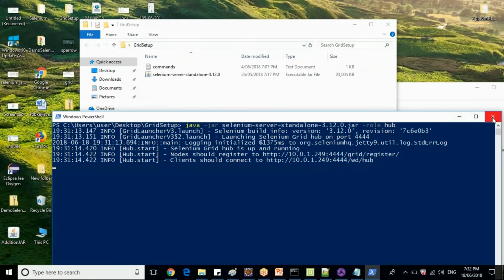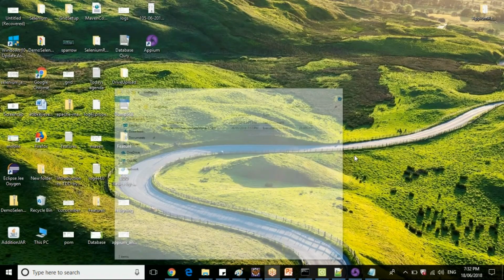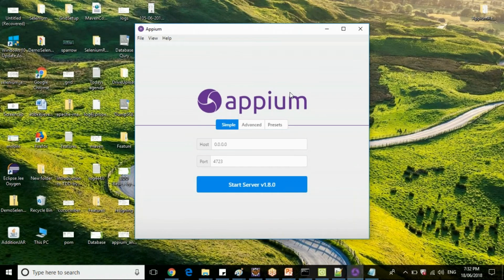Similarly, once your APM is installed, launch your APM. If you launch your APM, you will get a screen like this. In the host name, leave it as it is.